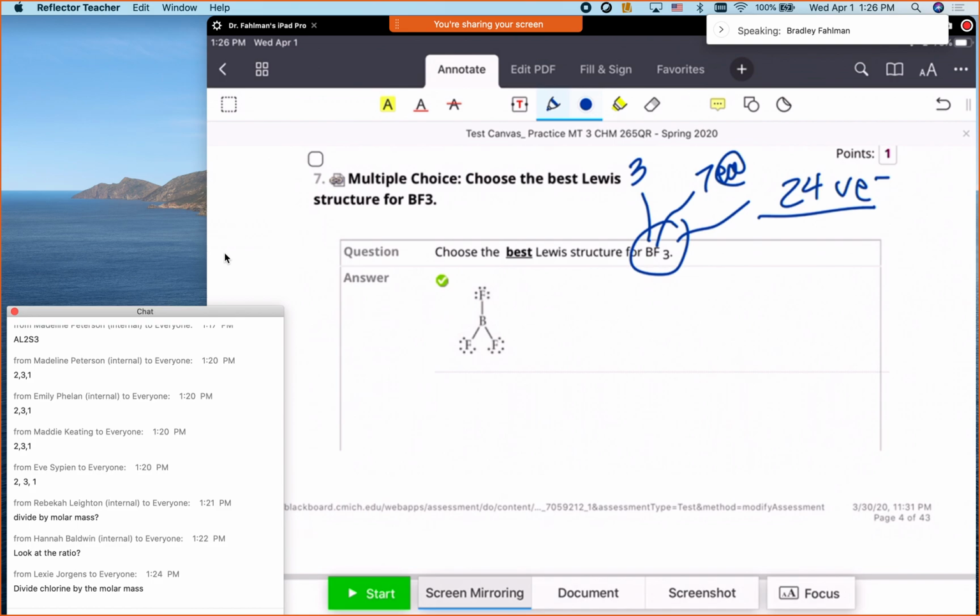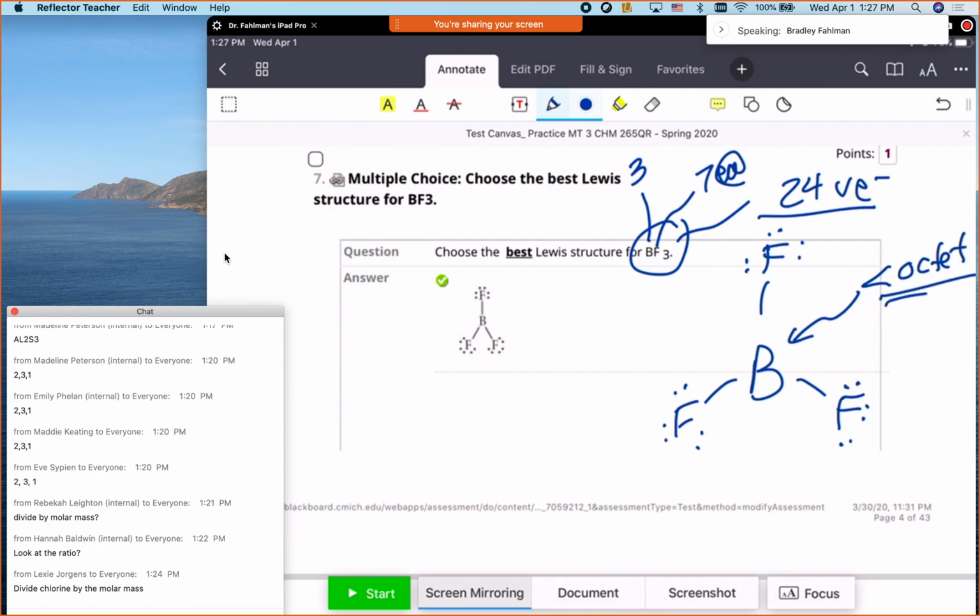So then you put your boron in the middle, fluorines out here, and so we've placed now 6 electrons, 7, 8, 9, 10, 11, 12, 14, 16, 18, 19, 20, 21, 22, 23, 24. And this is stable. It's an exception. It will have less than an octet, because it's in group 13. Or beryllium, again, is the other example, or the other exception. So it is totally happy